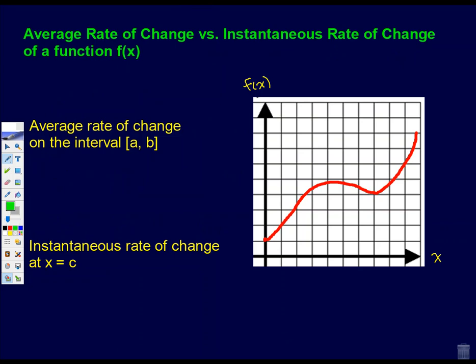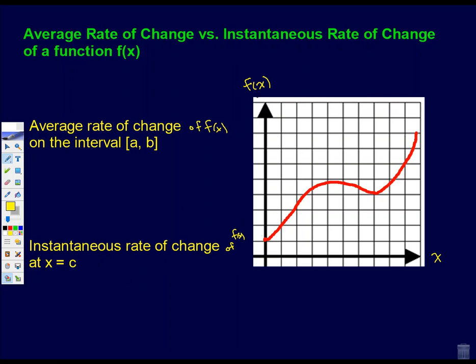Let's go back and look at the topic average rate of change versus instantaneous rate of change. I asked the class today, if I were looking at a graph of a function, and the 2 quantities we wanted to measure were the average rate of change of f of x on the interval a to b, and the instantaneous rate of change of f of x